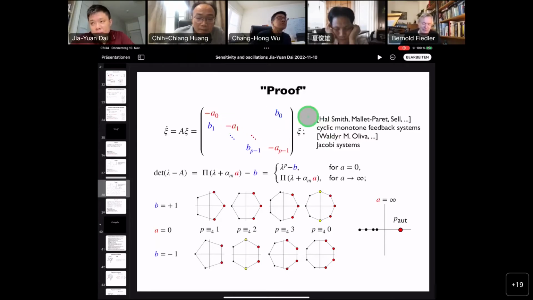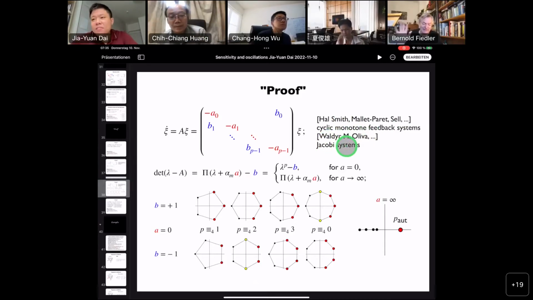And this is a cyclic monotone feedback system, as Hal Smith, Mallet-Paret, John Mallet-Paret, George Sell, and others have studied. As a side remark, or also Volpert-Oliva, it fits in the Jacobi tridiagonal systems and so on. And the spectrum of this is well understood. For example, there can be real parts of complex pairs, and there can be real eigenvalues, but they are all ordered in pairs, basically. So there may be a first most unstable one, then comes a pair, then comes a pair, then comes a pair, and between pairs there are gaps and so on and so forth. So this is related to nodal properties and so on.